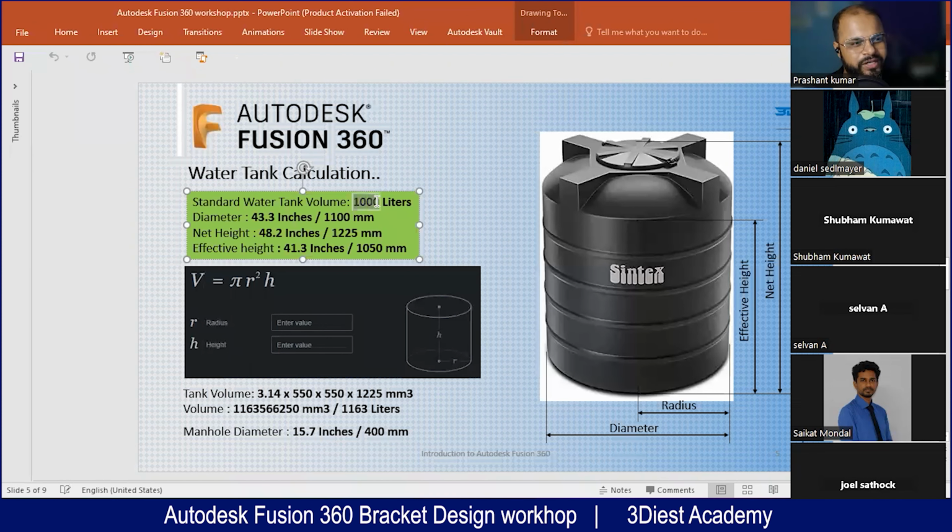So a standard water tank volume at our homes is 1,000 liters all the time. Most of the time we install a 1,000 liter tank in our homes. There you can see this is our tank, a 1,000 liter tank. And for 1,000 liter tanks, if you check on the website, on the internet, Syntex